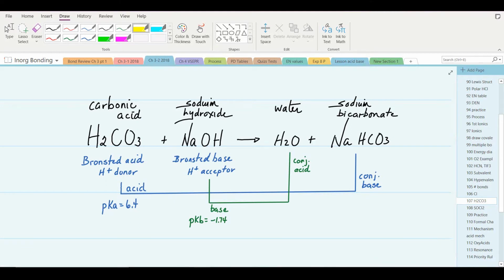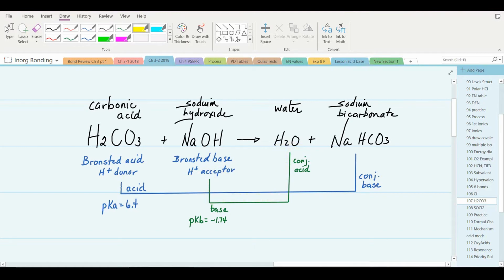So what we've already learned is that a hydrogen ion donor is a Bronsted acid. That would be carbonic acid. And a hydrogen ion acceptor would be a Bronsted base. That would be hydroxide ion. Sodium ion will just be a spectator ion. We also learned that in an acid-base reaction, when an acid donates a hydrogen ion or loses a hydrogen ion, then it forms a conjugate base. So bicarbonate ion is the conjugate base of carbonic acid because it has 1 less proton. At the same time, sodium hydroxide accepts a hydrogen ion or proton and it forms its conjugate acid,